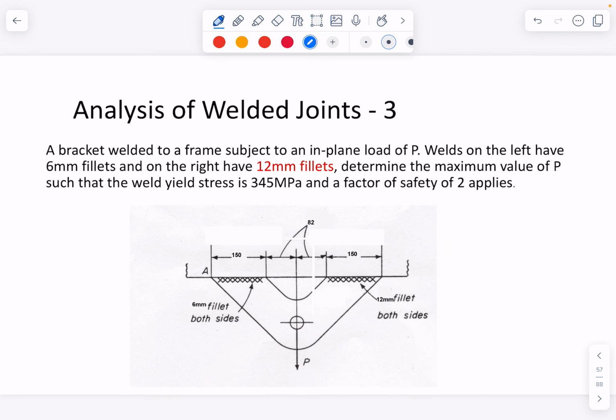What if, same bracket, same arrangement, let's say the job shop let the apprentice do the welding on one side, and they didn't do a real good job, and so they've come back over it and put a much bigger weld. Now, we're not going to worry about whether it's a single pass or a triple pass or whatever. We're just going to assume it's one big fat weld now, for whatever reason. And so, is that good? Is it bad? Does it make no difference, I guess, is the question.